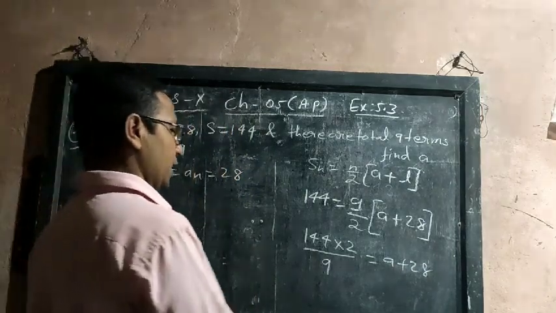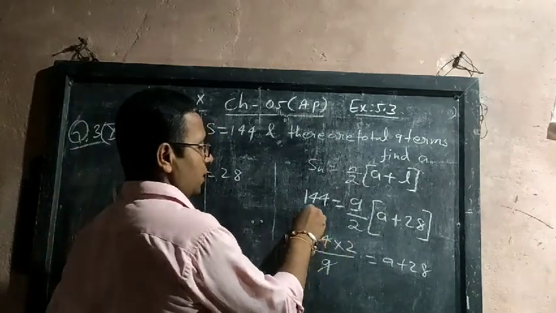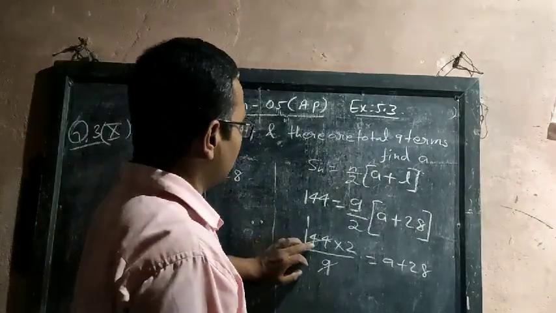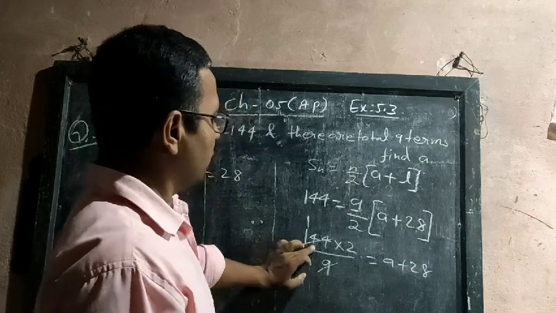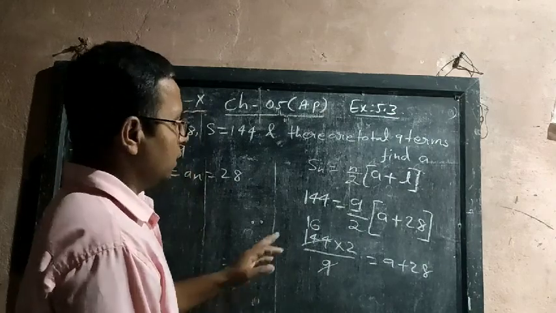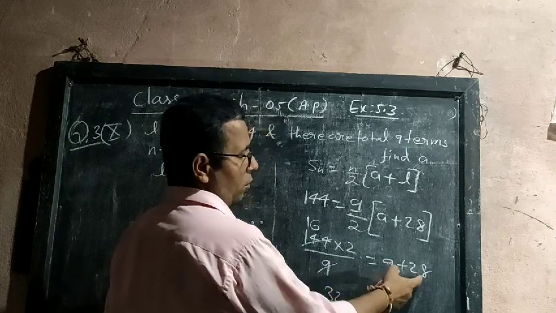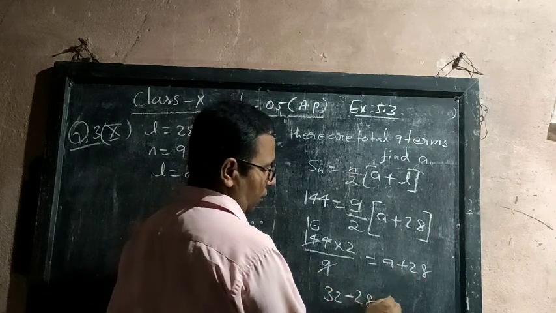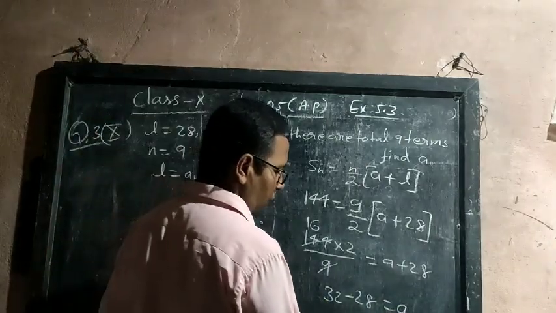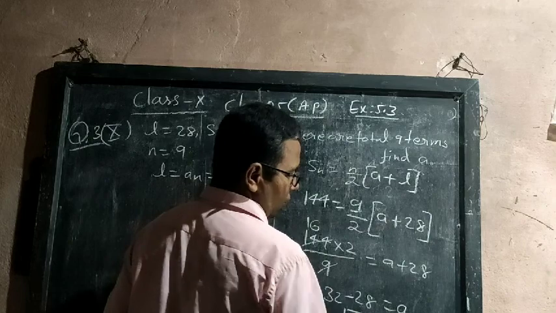Now let's cancel here. 9 2s are 18, that will become plus. 9 1s are 9, so again 9 1s are 9, you will get 16. 9 6s are 54. 16 2s are 32. Just do the multiplication of these two, 32. Take 28 to this side, minus 28, is equal to A. So 32 minus 28 you will get 4. So what A value have we got here? 4. So A is equal to 4. We have got this answer.